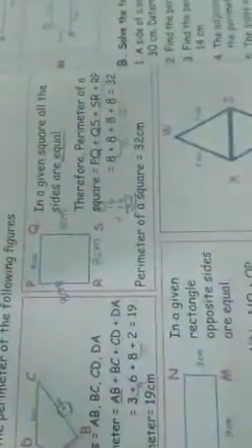So 8 plus 8 plus 8 plus 8. Now we want to add all the 4 numbers. 8 plus 8, 16. Now 16 plus 16. 6 plus 6, 12. Put 2 here, 1 remainder. So 1 plus 1, 2. 2 plus 1, 3. So what is the answer? 32. Perimeter of the square equals 32 centimeter.